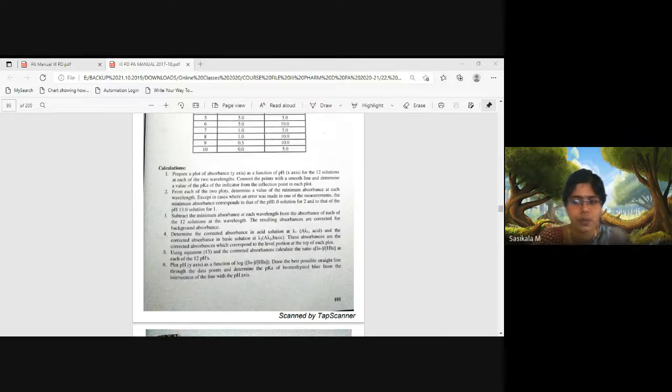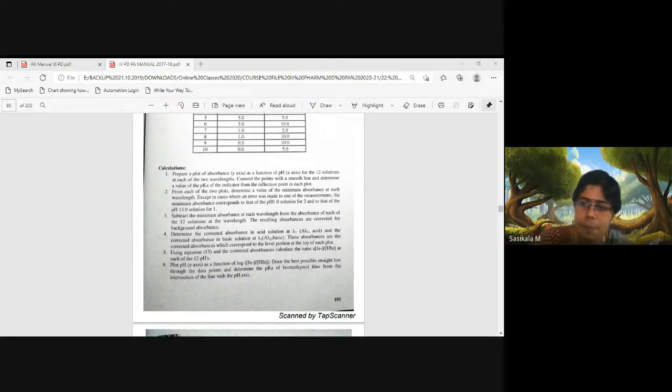We have chosen two wavelengths, one for acidic solution and another for basic solution, that is 430 and 555 nanometer. Taking pH 1 and pH 13, we found the lambda max for the two solutions. These two lambda max values are used for analyzing all the solutions, and that is taken for the graph plot. From the graph we find the pKa value for the indicator. Similarly, we can perform this for any drug substance for its dissociation constant analysis through UV visible spectroscopy. This is what we learn from this experiment.